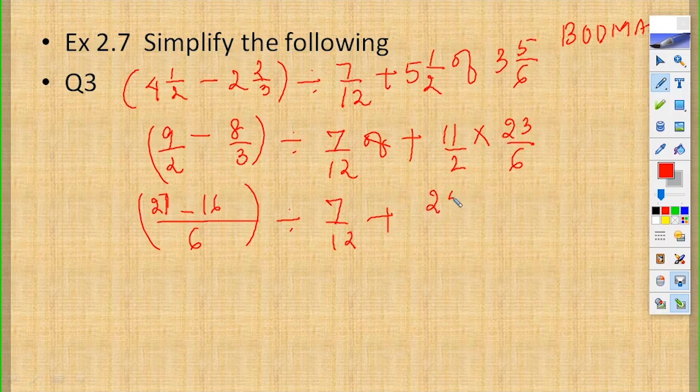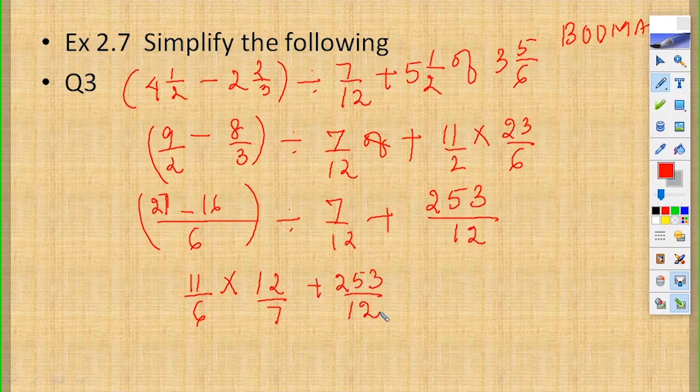So I'll multiply 11 and 23. I'll get 253 divided by 12. Now the bracket part is 11 by 6. Then wherever there is division, I will make it into the reciprocal. I'll get 12 by 7 plus 253 by 12. I will cancel over here 6 and 12. I'll get 22 by 7 plus